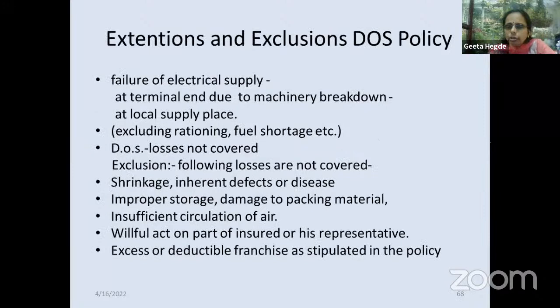Their extension and exclusions: we see failure of electric supply at terminal end due to machinery breakdown, at local